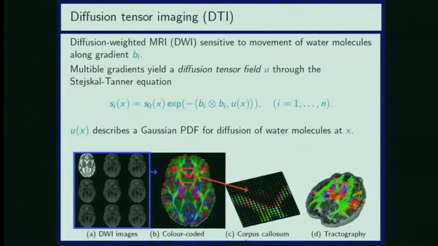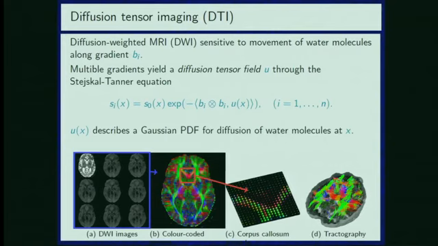In diffusion tensor imaging, we take multiple images of, let's say, the brain. Here we have 9 different images. One image which has the highest contrast here is like a normal MRI image, but the other images are kind of diffusion weighted images. You apply a diffusion sensitizing gradient to the measurement, and this makes the measurement sensitive to the movement of water molecules along this gradient, and this way you can measure how water moves in different directions, and you can combine these multiple different measurements through the Stejskal-Tanner equation displayed here into a diffusion tensor image,